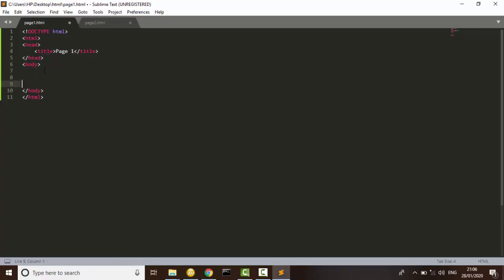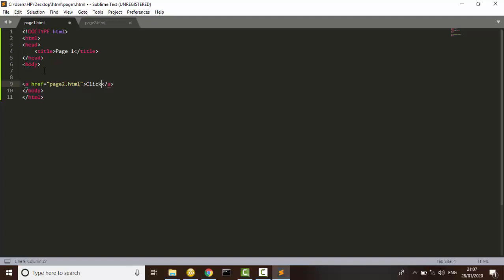Now over to the body. To create a link, you use what we call the anchor tag. To type it, you just open the tag and type A. Then space. You type href. And so you see it's loading. It will give you an option here. And now I'll type the name of the page, page2.html. We are saying that's where we want to link to. Now I will close it by doing this. So that's how you close it. Now in between,